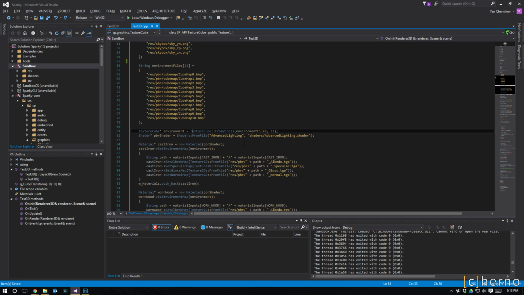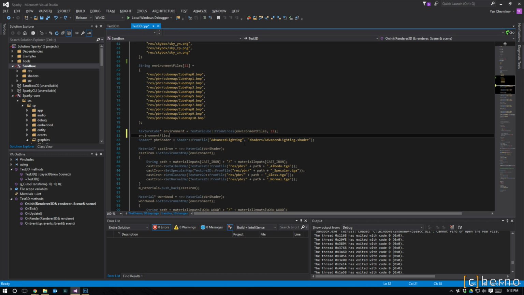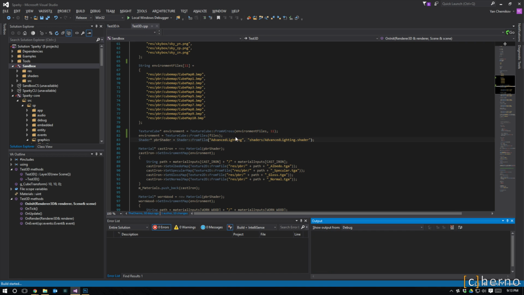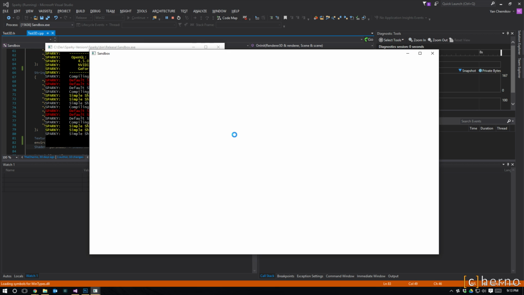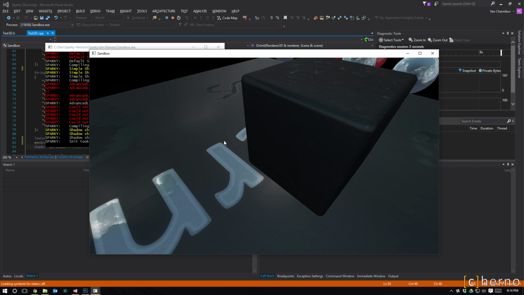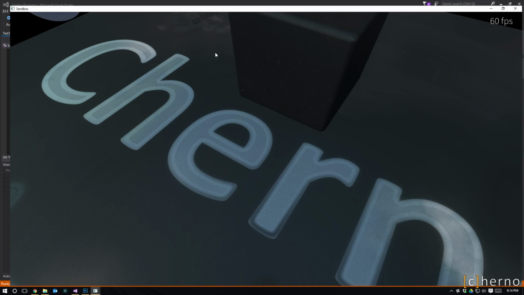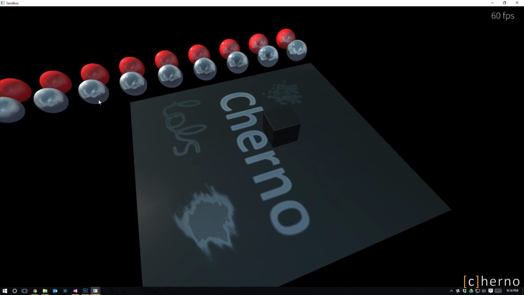those ones and we say that environment equals texture cube from files. So files and yeah, so we'll see what this does, if it even works. Okay, cool, it did. So this is a different cube map, but basically the problem with this one is that